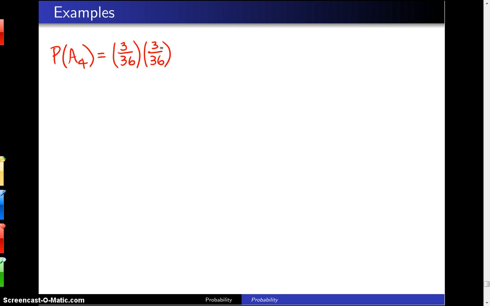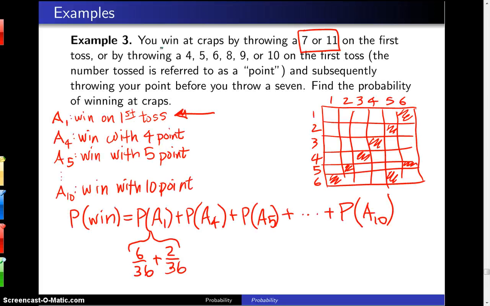That comes from our matrix here on the previous page, and that particular matrix shows that you can either throw a 1 and a 3, or a 2 and a 2, or a 3 and a 1, and those are these 3 right here out of the 36 to get yourself a 4. So that's one way to get a 4. What's another way to win with a 4 point? Well, roll a 4 initially,